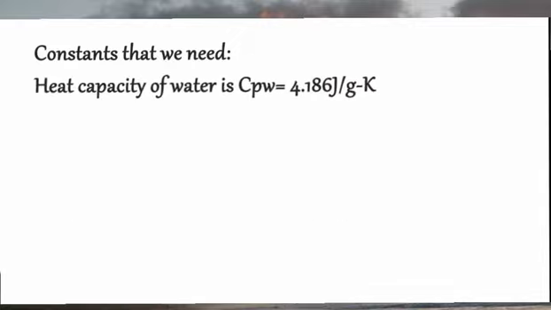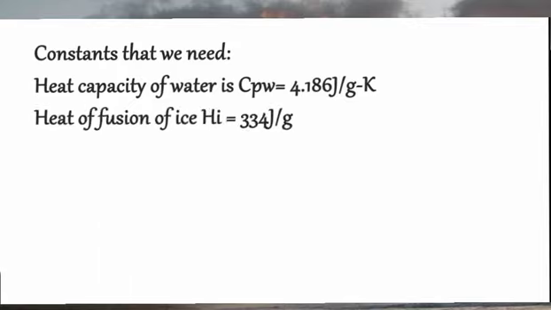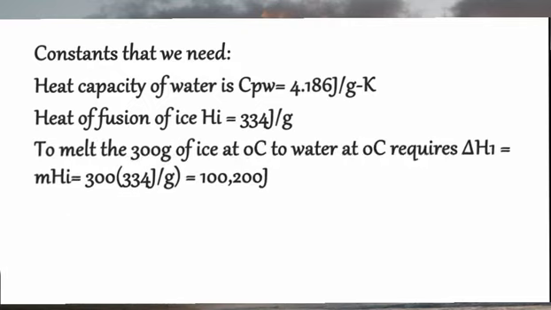capacity of water ያው ቢያስፈልገን heat capacity of water የሚያስፈልጋችሁ ቢሆን 4.186 joule per gram kelvin አለን። heat of fusion of ice 334 joule ነው per gram ነው። To melt the 300 gram of ice at 0 degrees Celsius to water at 0 degrees Celsius require heat of fusion of ice which is equal to mass times what constant ተጠቀሙት። ማሱ 300 ነው ኮንስታንቱ ደግሞ 334 ጁል በዚህ